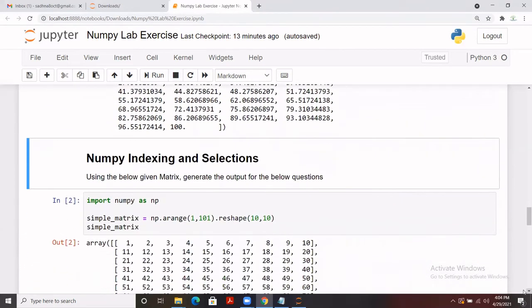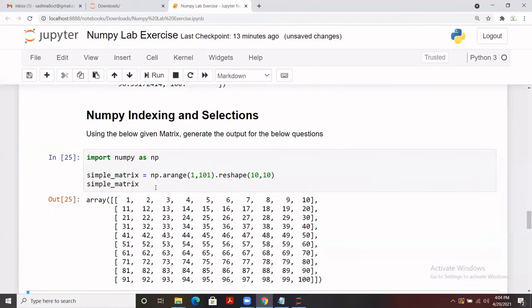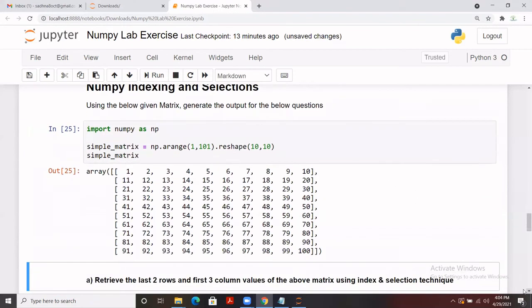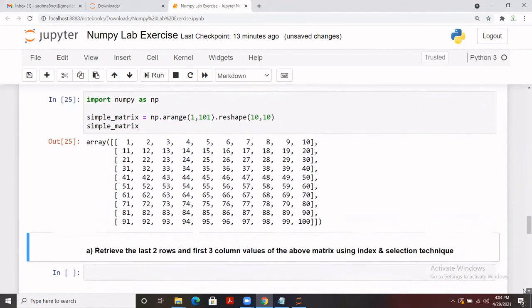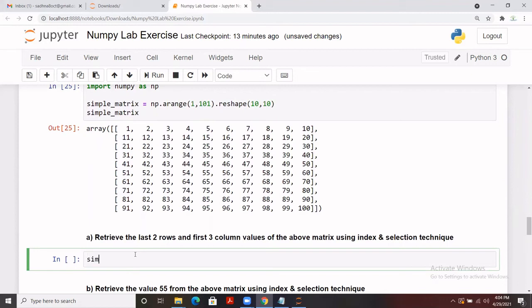The next question is we have already been given a matrix for that purpose. So that's a sample matrix which we have created from 1 to 100 values, and we reshaped it by 10 by 10, which is 10 rows, 10 columns. So using this matrix, we'll be extracting some values. So we need to retrieve the last 2 rows and first 3 columns. So how are we going to do it? The name of the matrix is simply mat underscore matrix. So we need